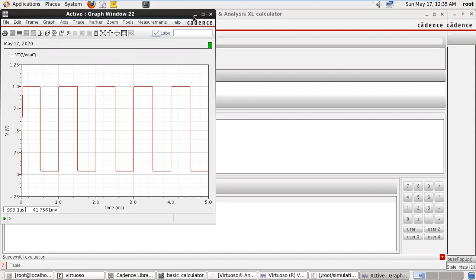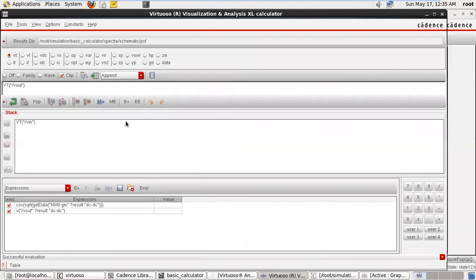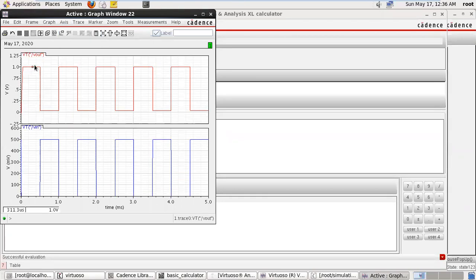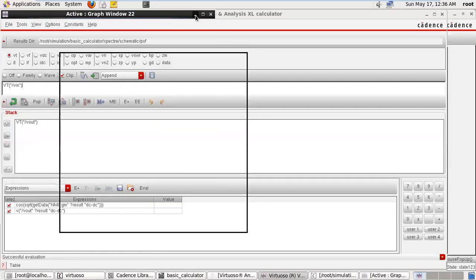If we want to draw all of them, just do not close the window. Just swap, swapping V in. Again, just click here. See here, you will get the axis strip. Here we can get all the waveforms from V out. This is my V out, and this is V in, or just the opposite, in inverter form. So that is VT and IT.